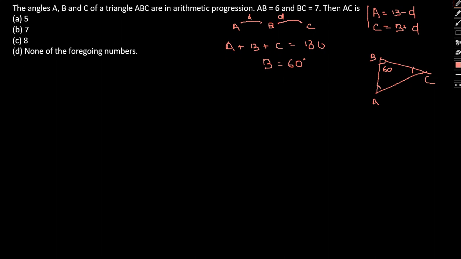So now if we talk about sine C that have AB common, we can actually write AB by sine C equal to BC by sine A equal to AC by sine B. Here if we talk about sine A, it will simply be 7 by AC into